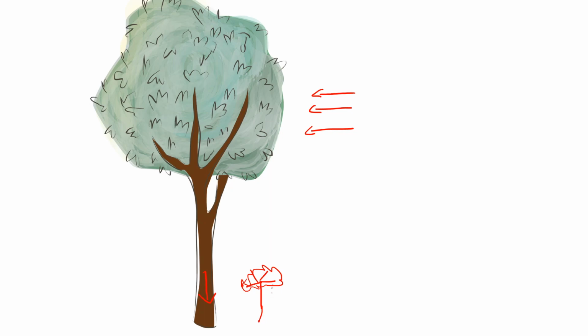If there's a shorter tree next to this one, another big one over here, this small tree is not going to be able to get any sunlight. All the sunlight is going to be taken up by the taller trees. So it behooves trees to go as high as possible. The one downside of that, or one of the main downsides of that, is that the higher you